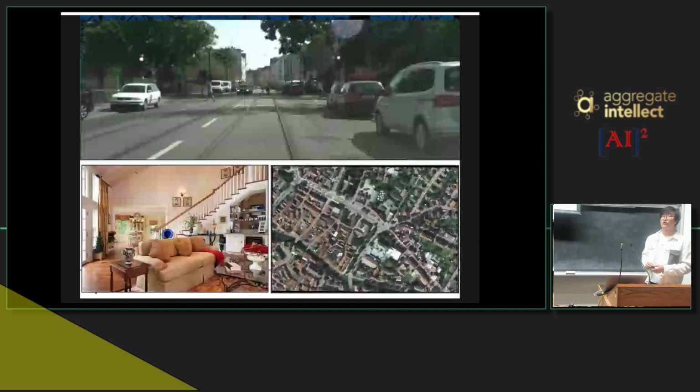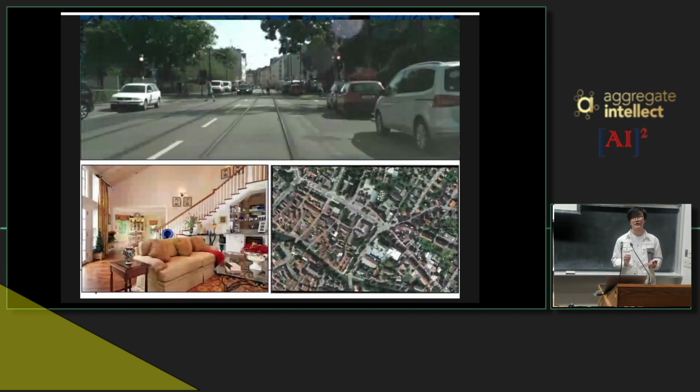So one very important label data format is called segmentation. So basically you want to segment the foreground from background. This one is quite useful in